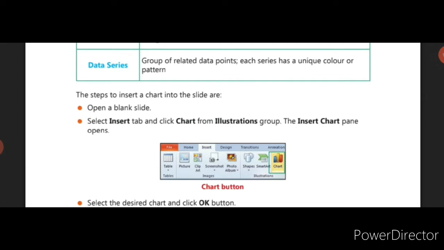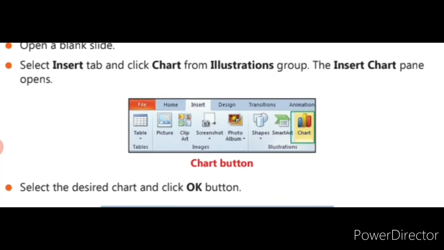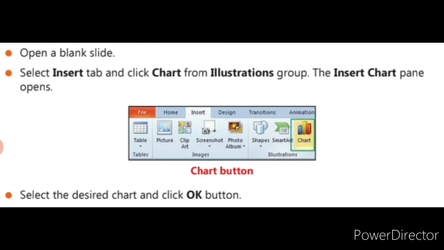So the selected chart gets inserted into the slide with sample data in the Excel sheet being opened. These values can be edited as per the user's need. If we alter the data, automatically the values in the chart get updated. Clear? See this check corner. The appearance, size and position of charts in PowerPoint can be changed, which is called formatting a chart.